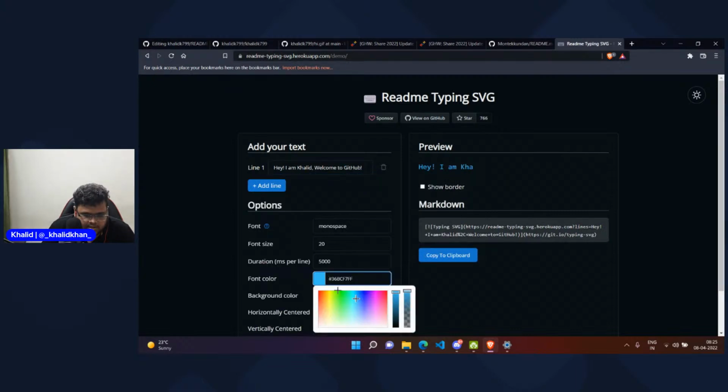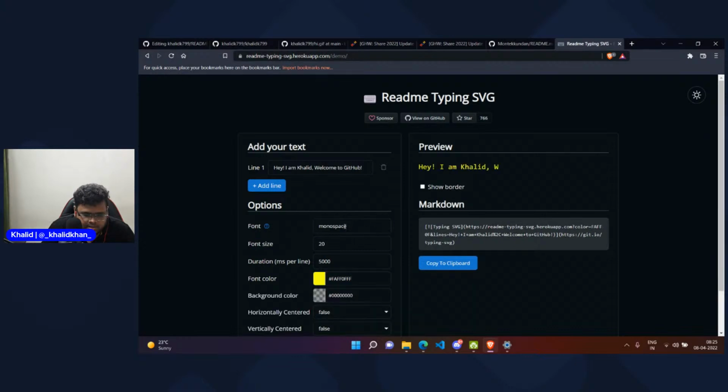I want the text as, I guess the golden one looks cooler. Yes, something gold or something cool. I want to change the font to Times New Roman, and lower the default size over here.